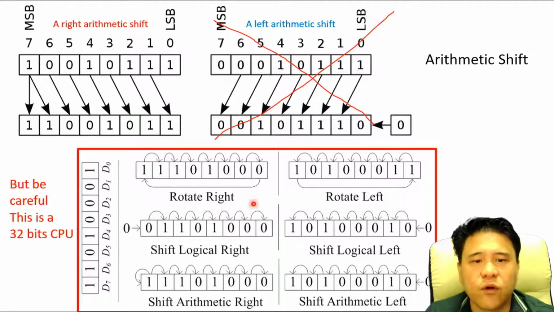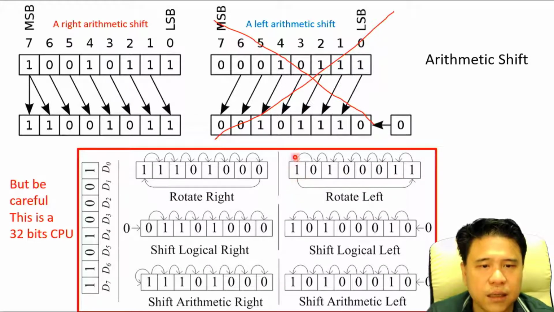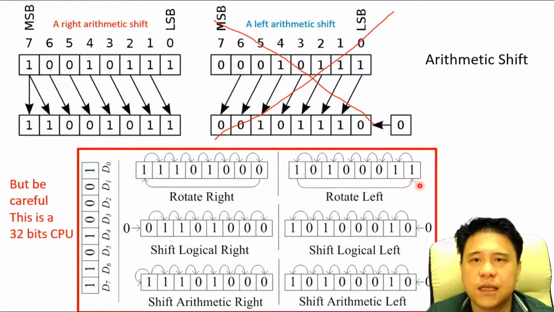The next one is rotate. For the rotations, as you can see, rotate means you have one here, it shifts to the next one, and so on. And the last one will go back to the first one if we do rotate right. For the rotate left, we do the opposite direction, and the most significant bit becomes the least significant bit, like this one. Okay, then